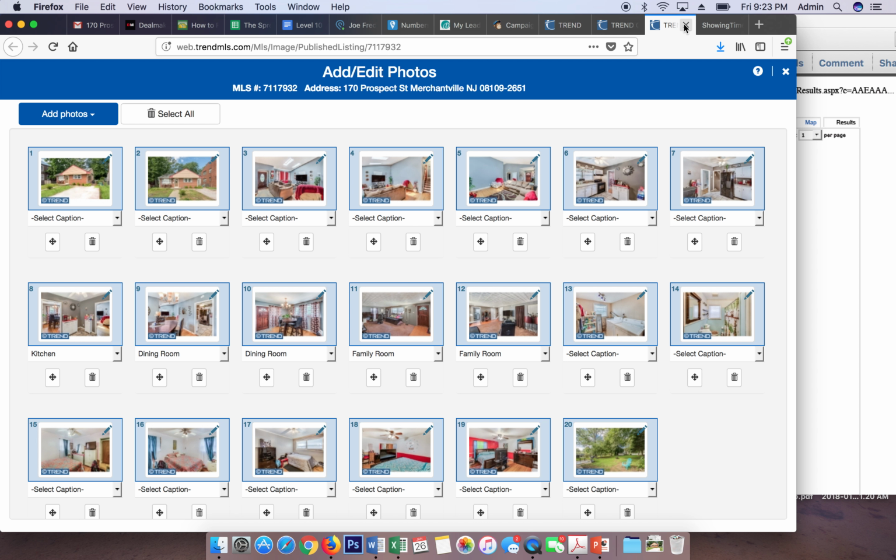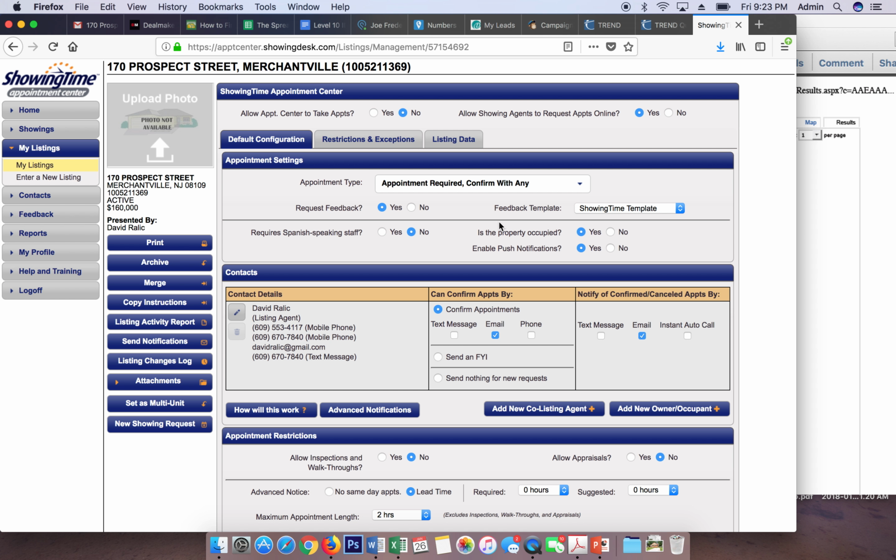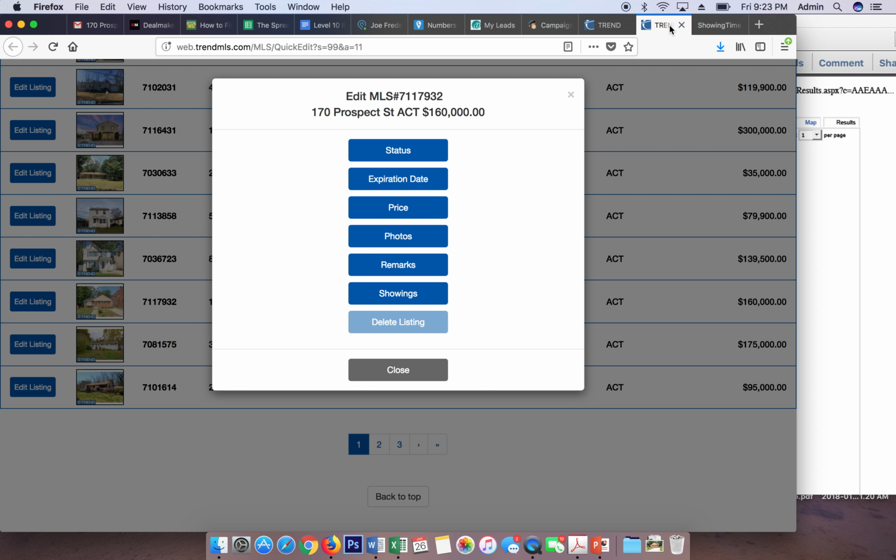So we're good to go there. The other major problem we have here is there's no tenant information. There's no co-list information on here loaded up into ShowingTime. The other thing that we have a major problem with, and I'll show you that, guys, in a second, is